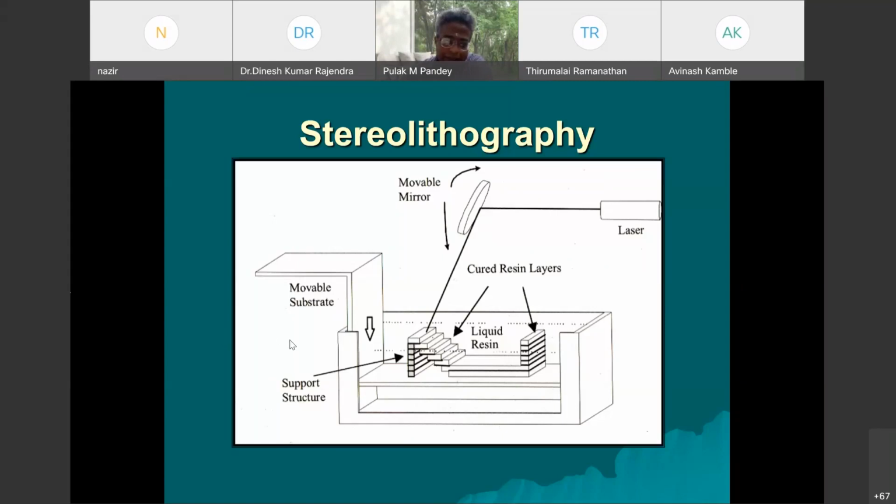And the concept is related to, we can say, a photolytic reaction. So here, on this platform, we first pour the monomer liquid equal to only one layer thickness. And then the laser comes from the top and there are movable mirrors. These movable mirrors will rotate and the laser spot will travel like this. Wherever the laser spot goes, there will be a polymerization reaction and you will get a solid voxel formed. Now, once one layer is done, this platform goes down by one layer thickness